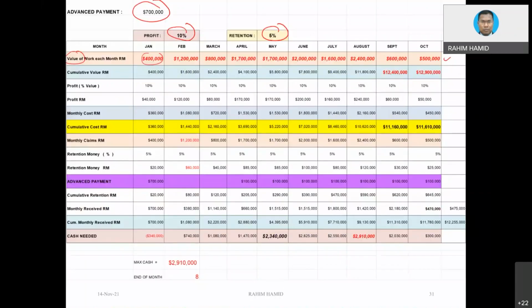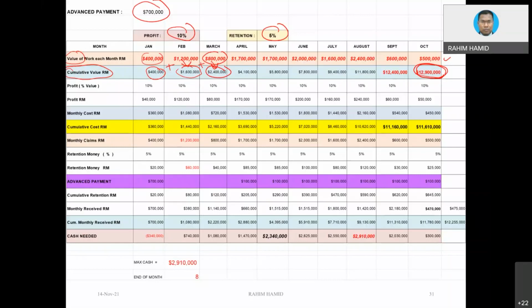Cumulative value is also the easy part, because you take cumulative from the first month, and then the first month plus the second month, so you will get this value. And then this one, you add this one, you will get this value. So you notice that at the end of the contract period here, 12,900. This is what we call contract value. You already know the contract value for the project is